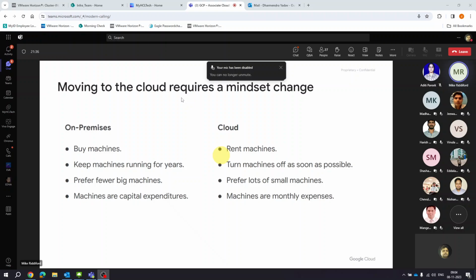when we move into the cloud, basically there's more of an emphasis put on automation of resource provisioning, right? So often we want to create machines when we need them. We want to turn them off, or even delete them when we don't need them. We're often using lots of smaller machines rather than fewer big machines. And of course, the financial model of cloud is very much an operational expense model rather than a